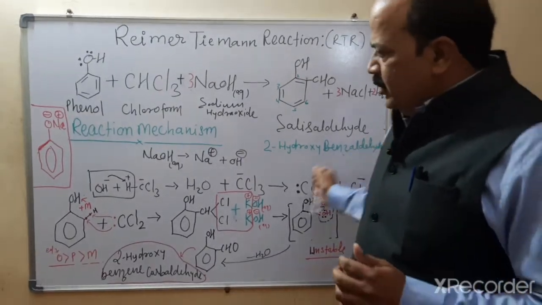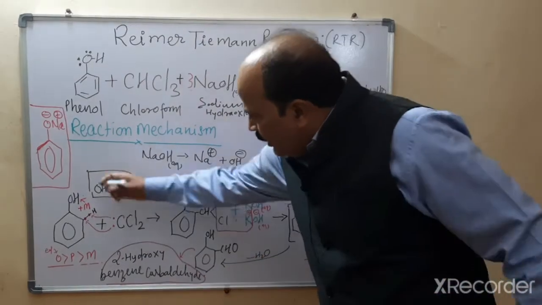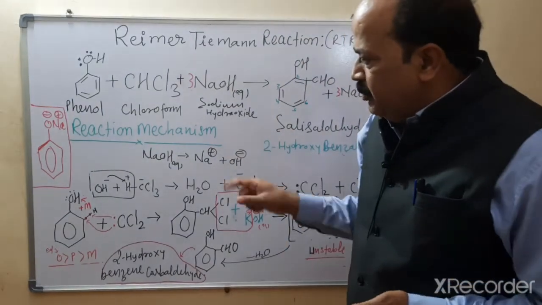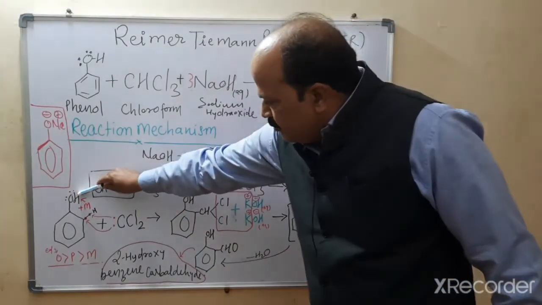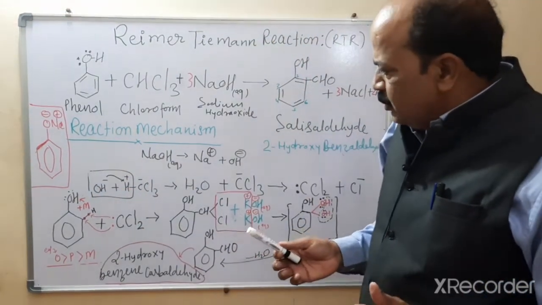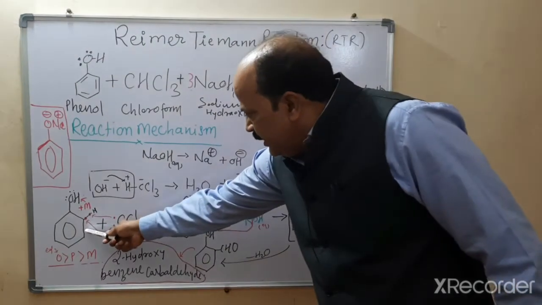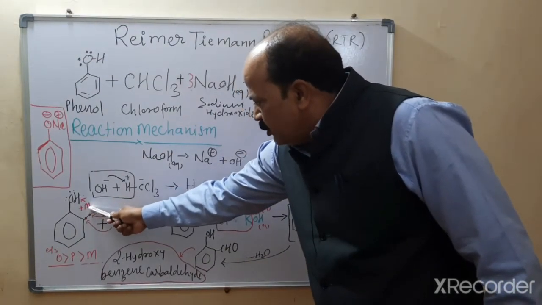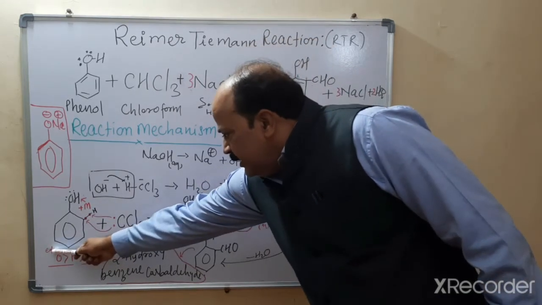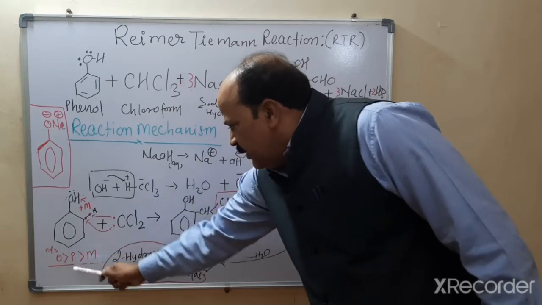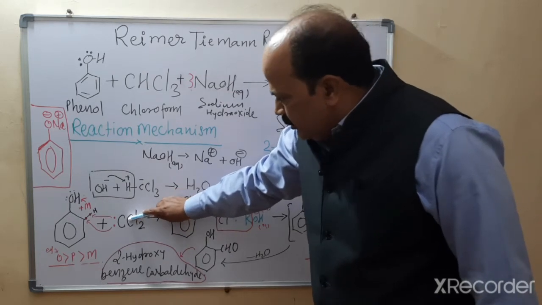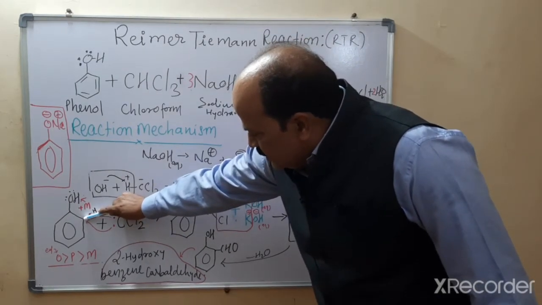Now see here, you know here in OH, O has 2 lone pairs of electrons. So that will show the positive mesomeric effect. So by the positive mesomeric effect, this will pump electrons to the benzene ring, and this is the rule that when the benzene ring has any group that shows the positive mesomeric effect, the electron density order will be ortho, ED means electron density, ortho, then para, then meta, and you know that this is an electrophile. So this will attack this position. This is the ortho position.